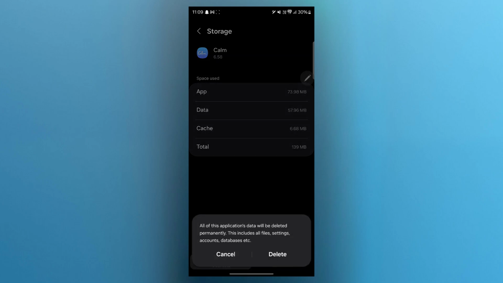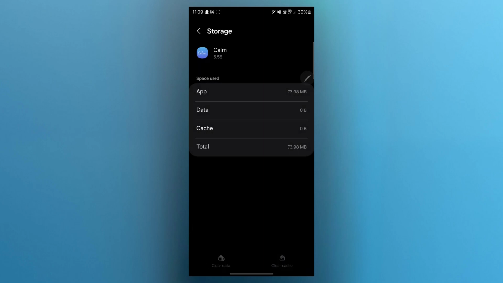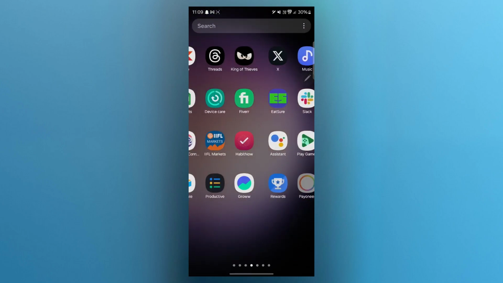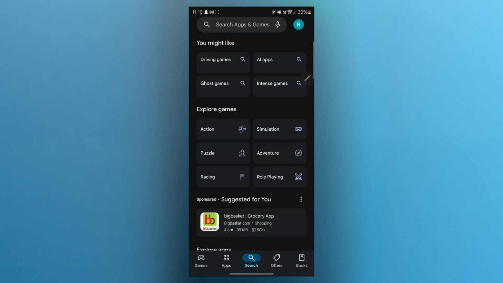What you can also do is click on clear data and click on delete, and this can help to fix this application. Now what you can also do is simply open Play Store on your mobile phone, click on search,